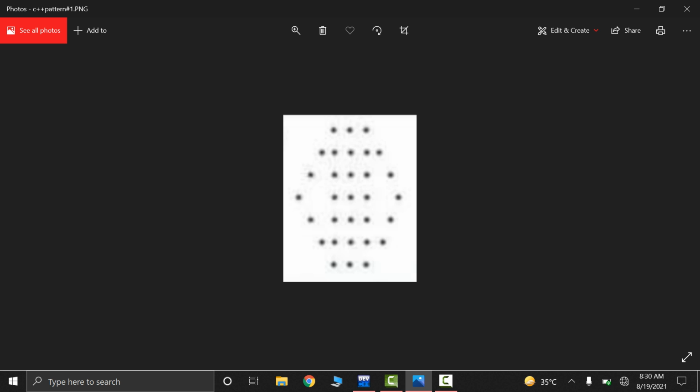How we will make the logic for it, I'm going to show you, but before coding I am going to give you a little clue. These are basically spaces, and I'm going to use a decrementing loop. The outer loop will be decrementing, and if the user gives us the number 5, we have to make this pattern for 5.